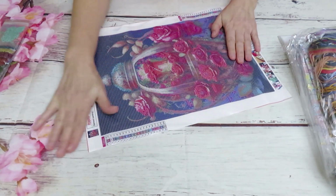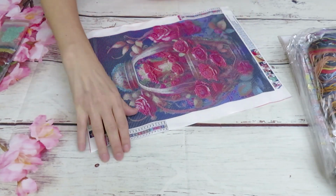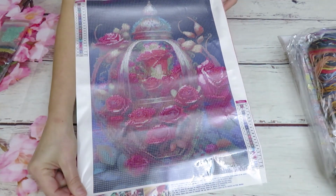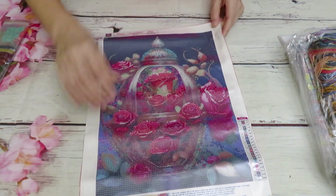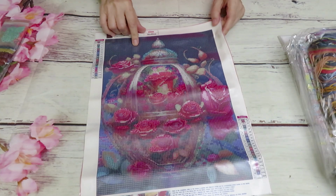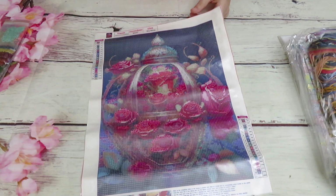Okay, this canvas is 30 by 40 centimeters, my friends. There you go, but it is beautiful. And the difference between the other one and here, we have symbols. Oh, that looks blue, but don't let this color fool you, because it's a pretend. See, that's what I'm saying. You never know how